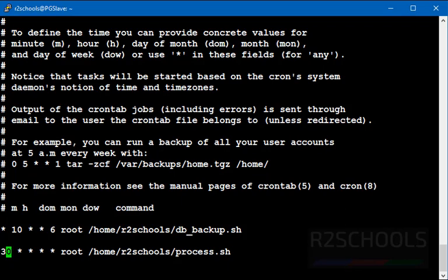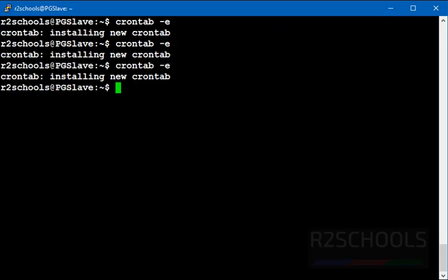So at 12:30, 1:30, 2:30 like that, with a one hour gap, it will execute at the 30 minute mark on the clock. Save this one and quit. So it will execute at 30 minutes past every hour, every day, at times like 11:30, 10:30, 9:30.